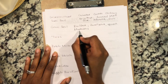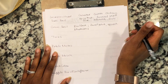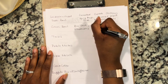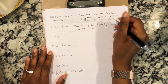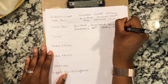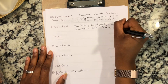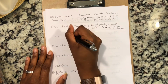I think that's good. I'm trying to decide if I want to add a bean. Maybe I'll put that in here. Bean. I don't know. Probably not. And then I also need a good dressing. And I'm thinking a ginger dressing would be good. Okay, so tacos. So we have